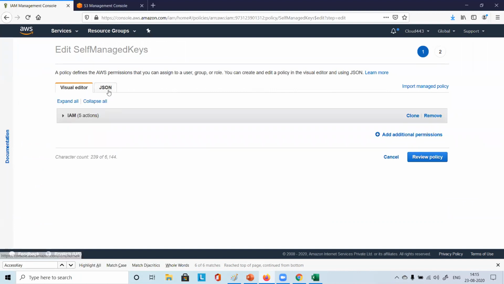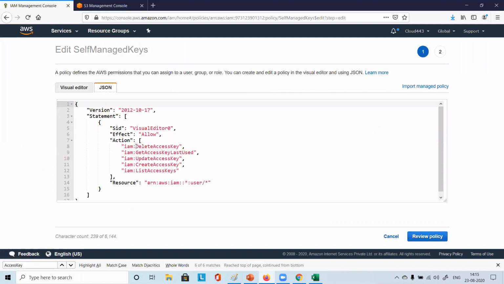You see in this visual editor, you can go to this JSON, and in place of this delete access key or something, and delete get. So what is common here? Access key is there, right? Here also you have access key. Here also you have access key. Here also you have access key, right? Access key is common everywhere, correct? After access key, you have S here. After access key, you have last used here. You don't have anything here. So like that you have something. But here you have things common, right?